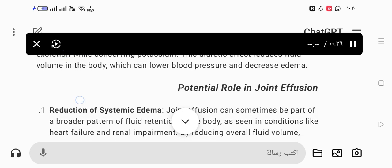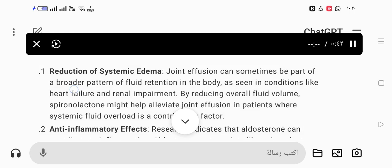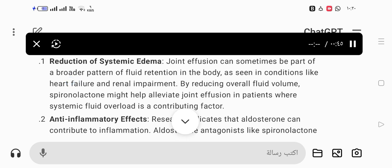Potential role in joint effusion. 1. Reduction of systemic edema. Joint effusion can sometimes be part of a broader pattern of fluid retention in the body, as seen in conditions like heart failure and renal impairment. By reducing overall fluid volume, spironolactone might help alleviate joint effusion in patients where systemic fluid overload is a contributing